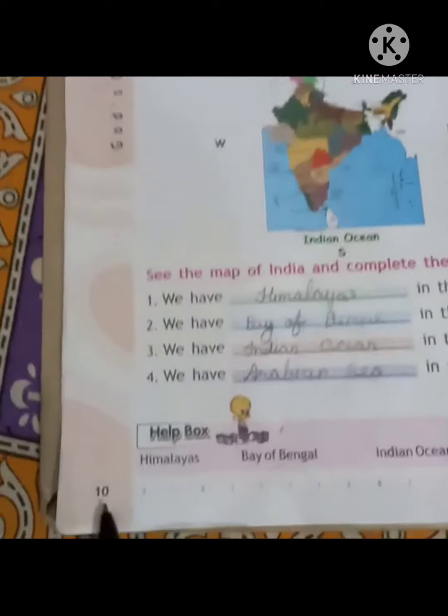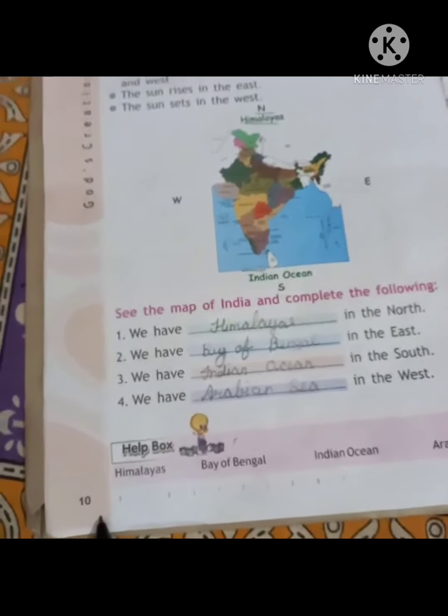Today I will teach you GK subject, and I will explain 2 pages today in this video. My dear students, first of all, take out your pencil and book, and whatever I am teaching, you have to write down, you have to fill it in your book and notebook. So come towards the book. Now my dear students, open page number 10 from the book.